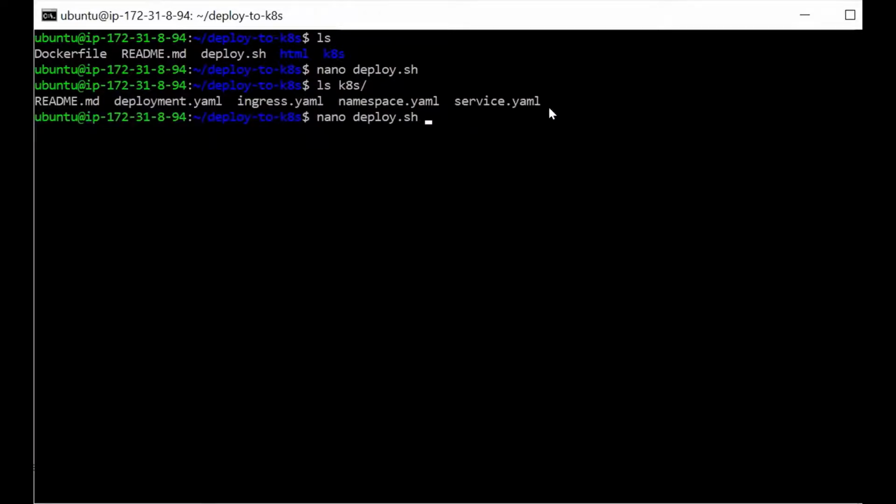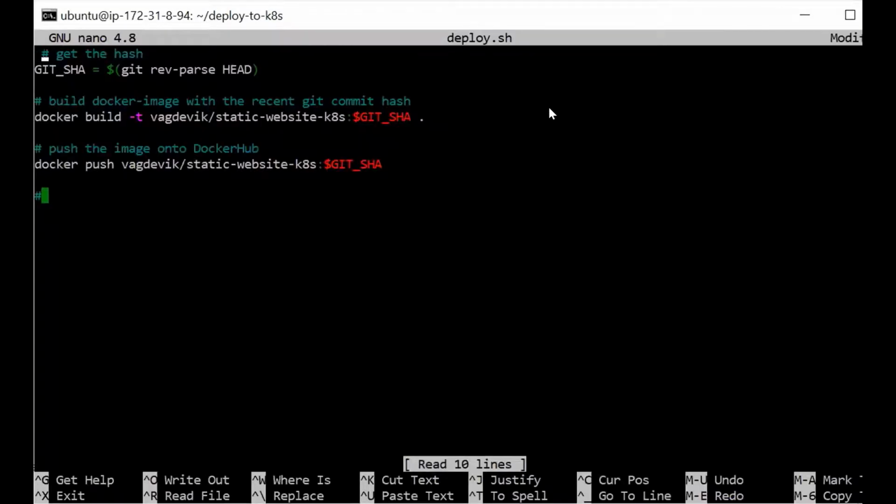Okay, so apply K8s YAML configs to form K8s resources.